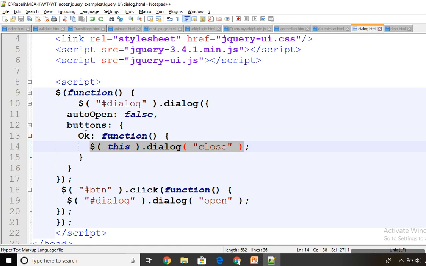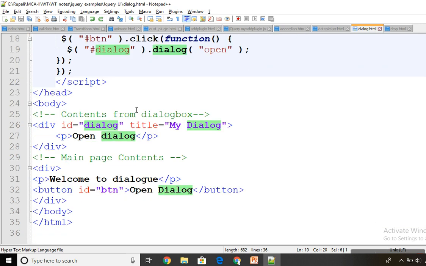Similarly, it's not necessary to have only an OK button, you may want more also. So you can give a comma here and then add more buttons like OK, Cancel. Such kind of thing you can add here. Now you are calling this dialog function on this dialog. Now just observe, before moving further,